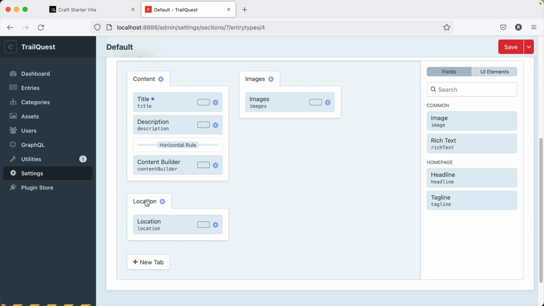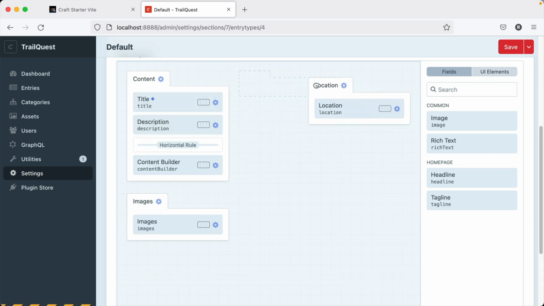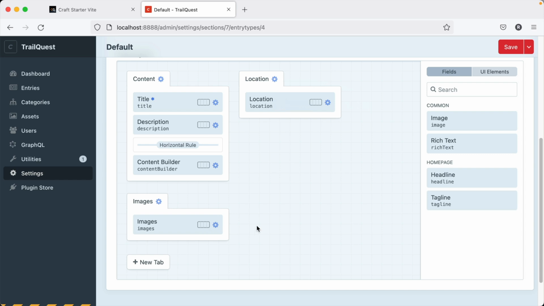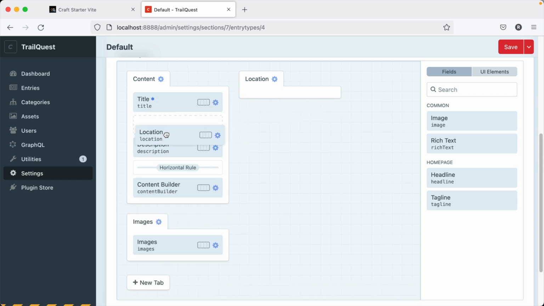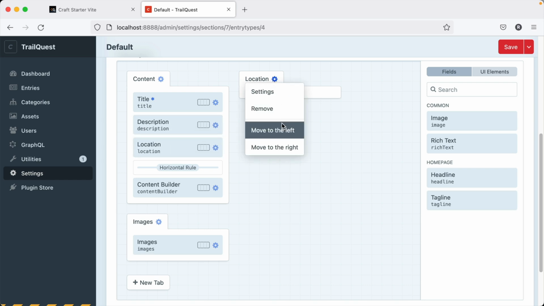And perhaps we'll organize it like this. So there's something to be considered here for where this location field goes. It could go here. Actually, you know what? Now that I think about it, I think it's better to have a location up top here, since that's pretty fundamental to this trip. So we'll put it right there. I'm going to remove this